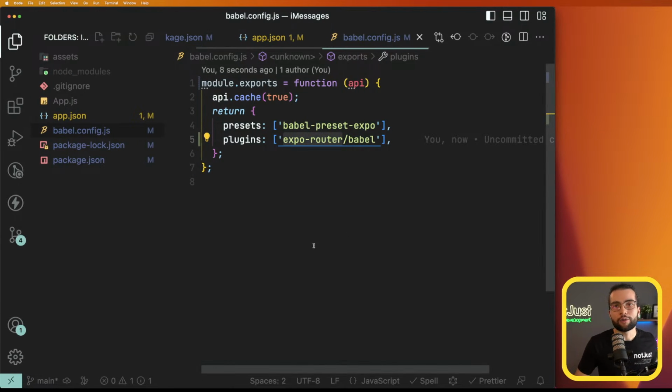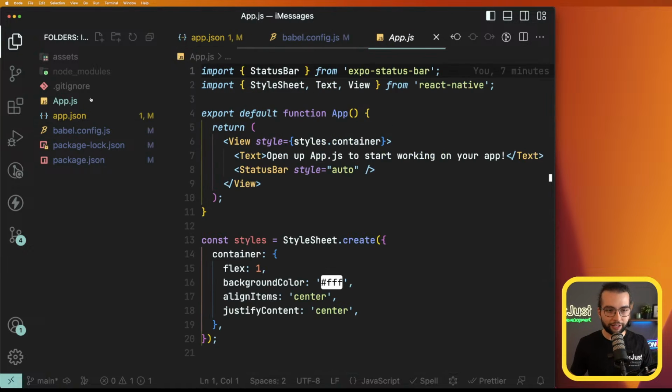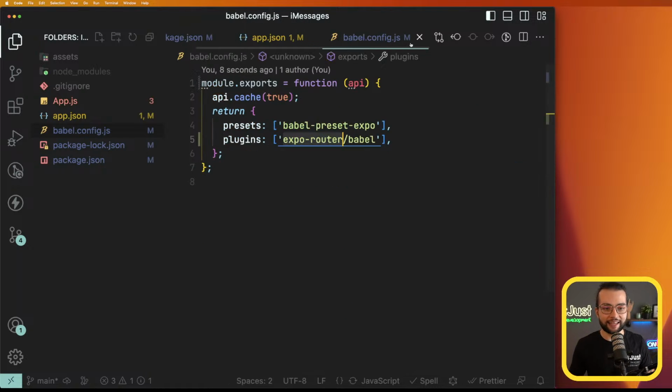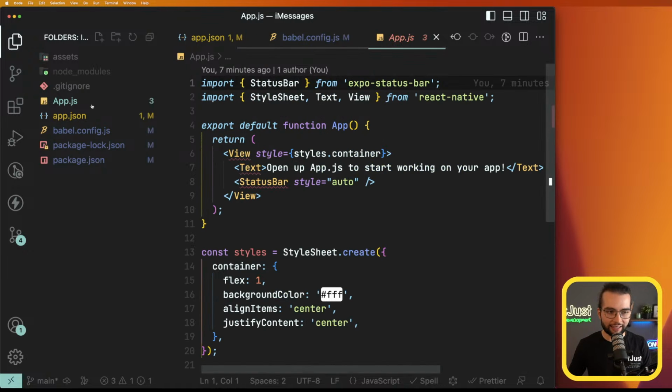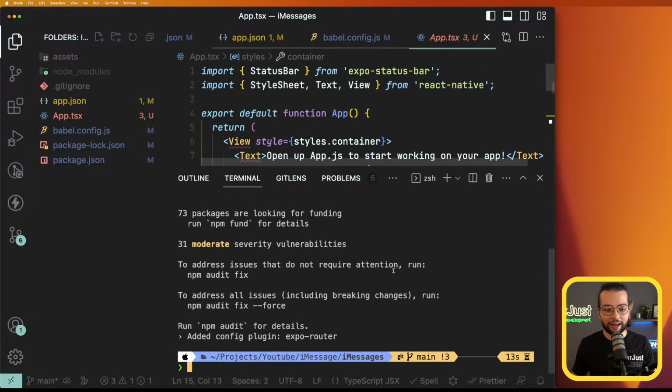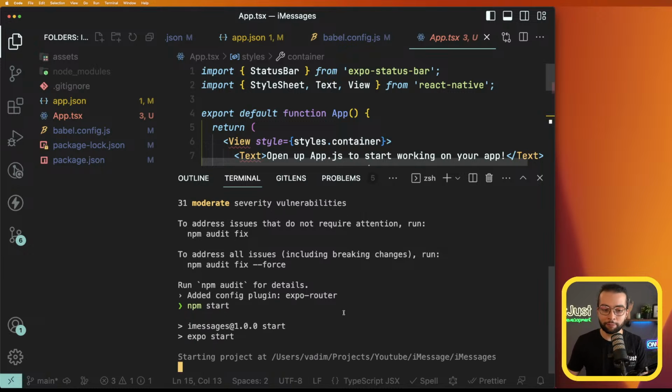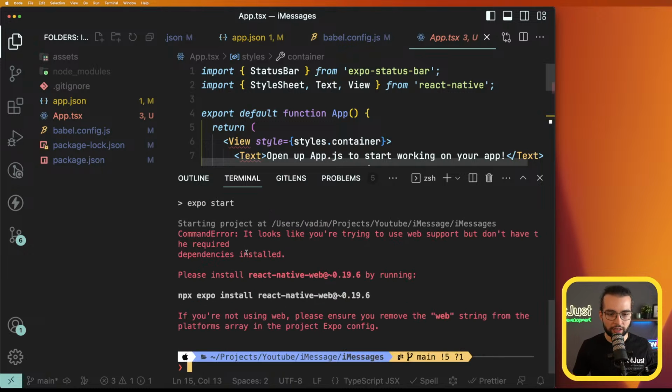And before we run our application, I want to also take one extra step. I want to use TypeScript in our application. So all I have to do is define a file with the TSX extension. So I'm gonna go ahead and rename the app.js to app.tsx. And when we try to do npm start to start the development server,